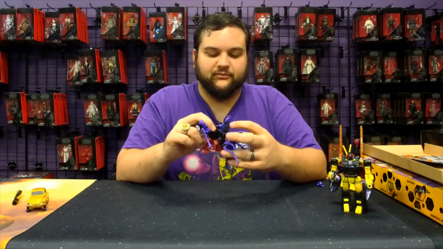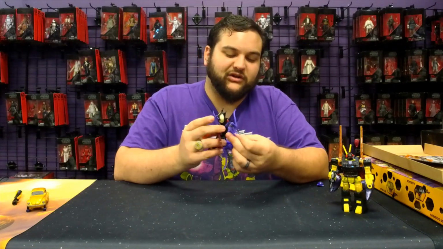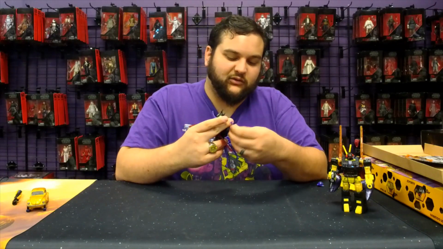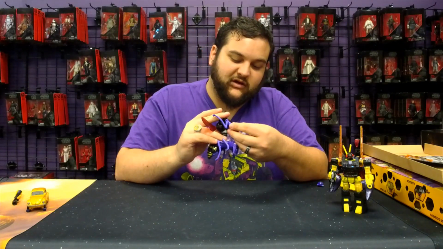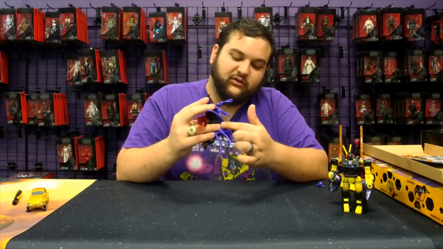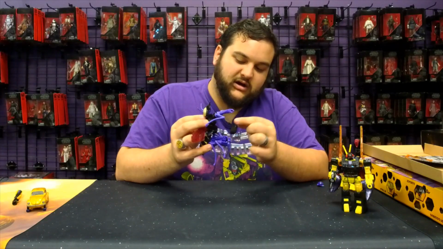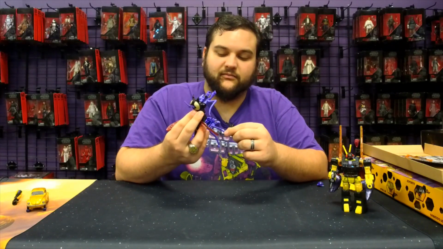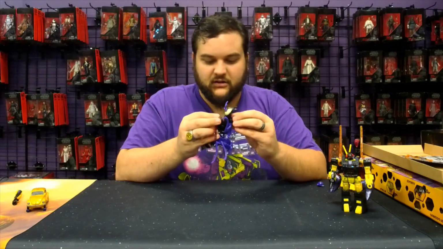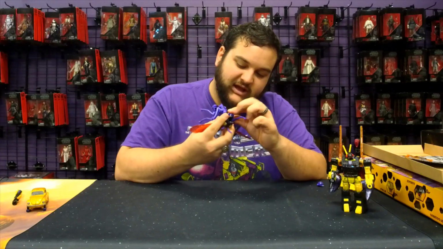Oh wait, no we don't. I almost completely forgot about the arms. Bring the shoulders in. Rotate those arms around so they're facing out like so. And then these little pegs right here are going to peg right into the side of that inner torso piece, for lack of a better term right now, while holding the rest of this all together. So just angle that elbow in,